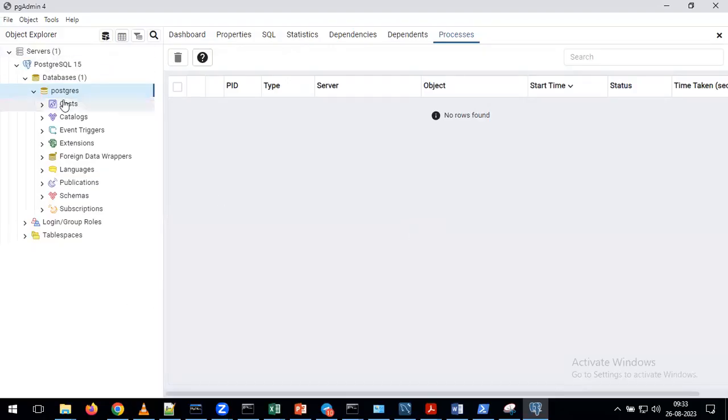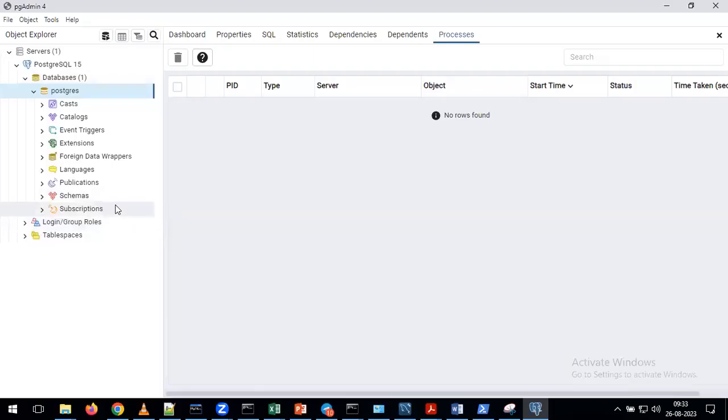Okay. Now here you can see Postgres, and under this you can see all the required information. Now tell me, is this the local Postgres or the cloud Postgres? This is the local one because we installed Postgres on your local system. After that, we open Postgres using pgAdmin, a third-party application. With that, here you can see Postgres.